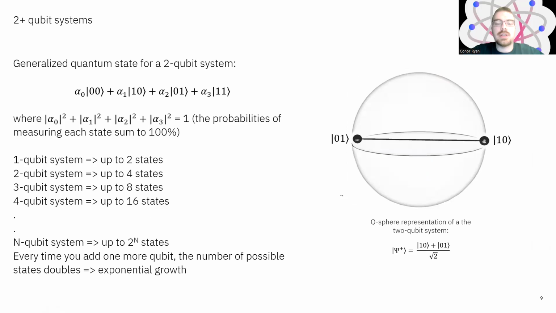Now, to do interesting things with a quantum computer, you would not require just one single qubit, but a large collection of them. So if we go and scale up to 2 qubits, for instance, we would have 4 possible classical outcomes: 0 0, 1 0, 0 1, and 1 1. So any quantum state vector we want to make would be a linear combination as shown here, with quantum amplitudes alpha 0 to alpha 3.